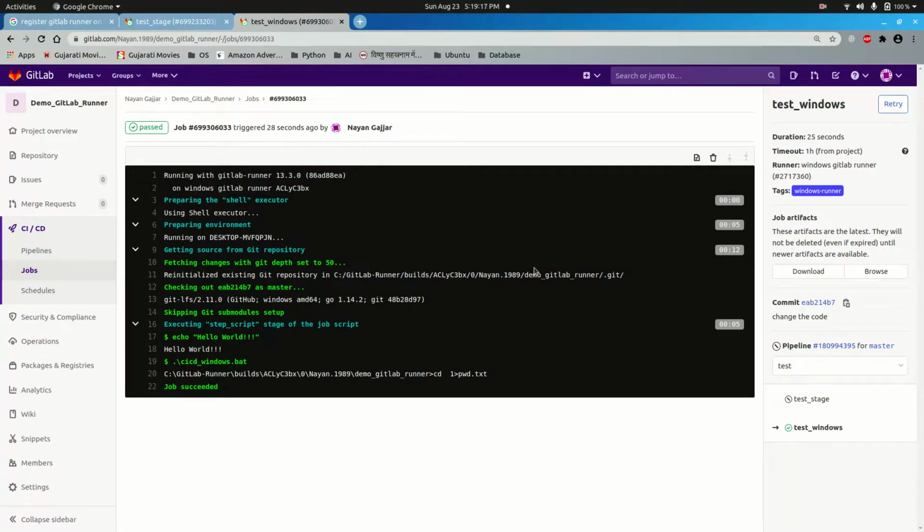Finally, the GitLab CI/CD pipeline has succeeded on Windows OS.